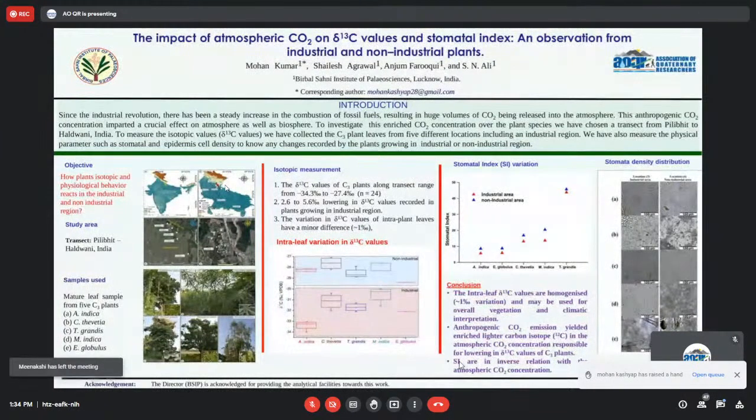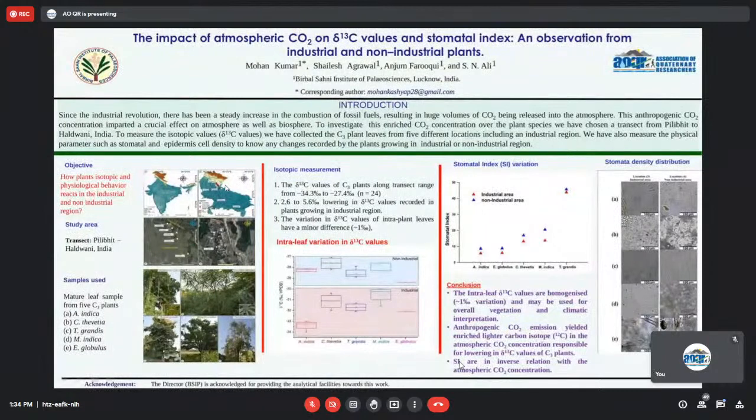Good afternoon to everyone. My main work is focused on how plants are affected by elevated CO2 concentration, because it is well known that after the industrial revolution, the atmospheric CO2 concentration has rapidly increased. What we actually want to do in this study is see how this elevated CO2 concentration affects the plant community. We have chosen a transect from Pilibhit to Haldwani. From 5 locations, we have selected naturally occurring plants, including one industrial area where many industries are in progress, and basically they are using